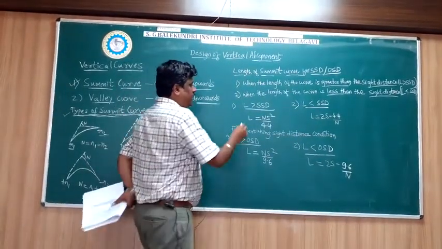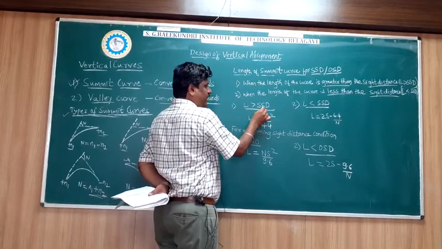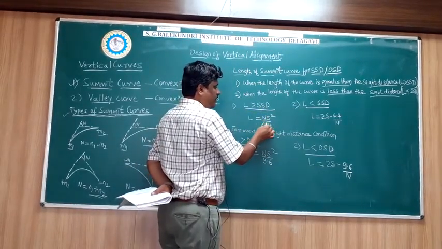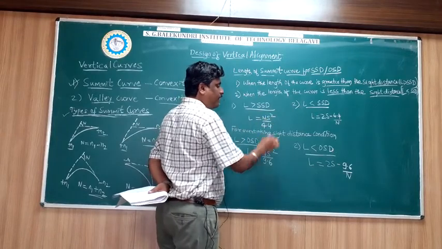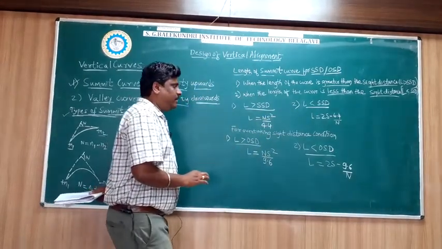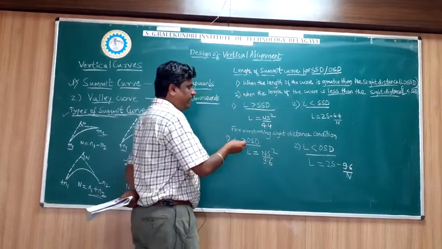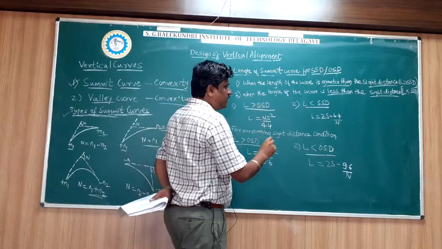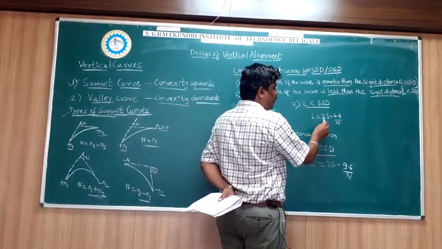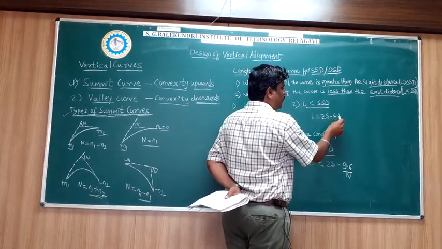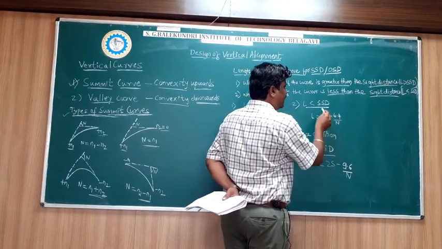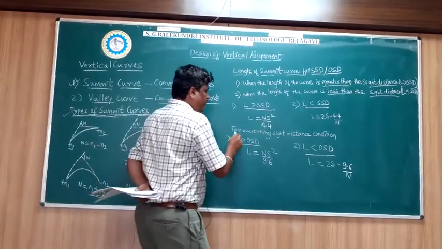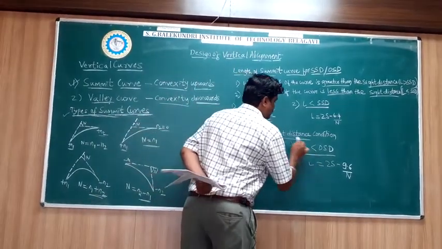You can see here the first case, when L is greater than SSD, that is stopping sight distance, L equals N S square divided by 4.4, where N is the deviation angle, the difference between the two grades meeting, and S is the SSD, that is the stopping sight distance. Similarly, you see here L equals 2S minus 4.4 by N, when L is less than SSD. Now if you go for the overtaking sight distance